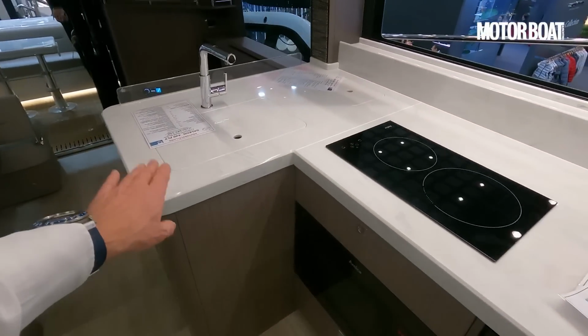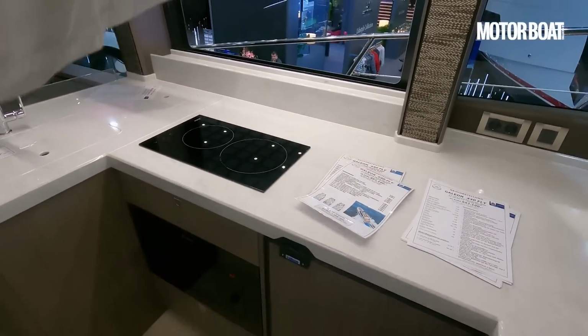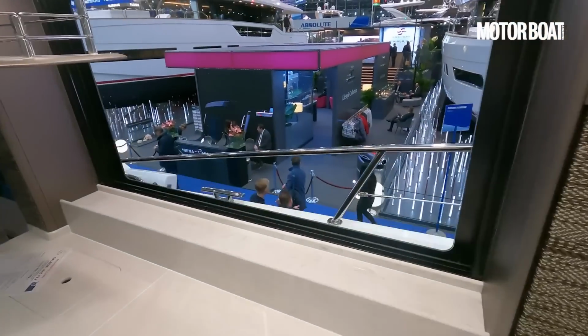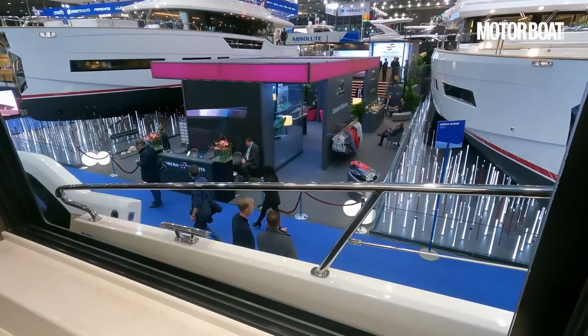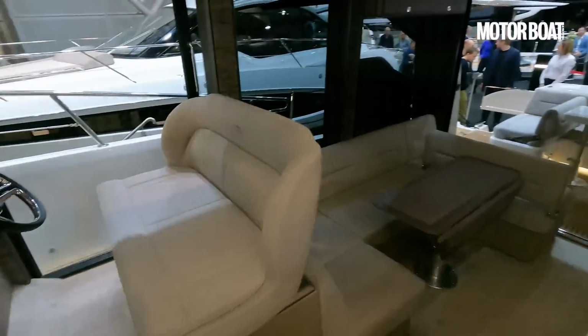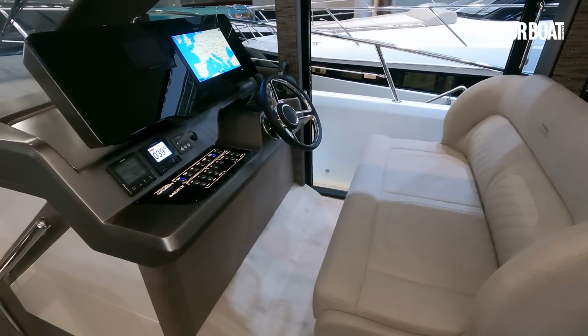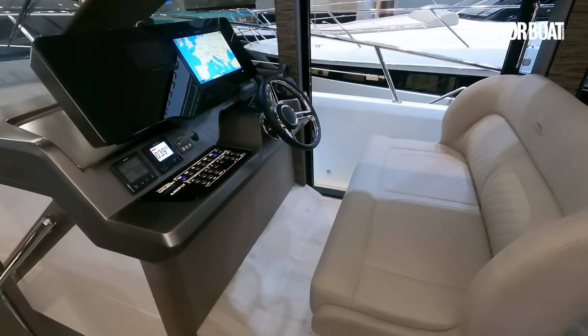But we've got a sink here, we've got a 2-ring burner, we've got an oven, we've got a fridge, and that huge opening window I mentioned earlier. That's really nice to be able to see. You've got masses of fresh air coming through the boat, so you don't need to rely on air conditioning to keep it cool. And then over on the starboard side, the big double helm seat,